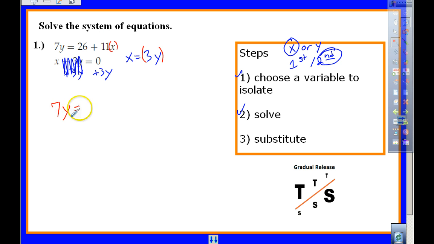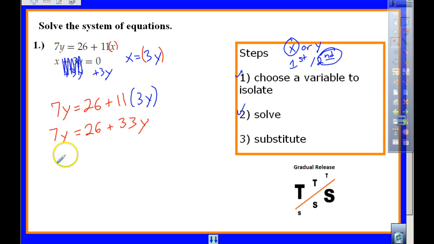7y plus 26 plus 11 times x, which is x is equal to 3y. Finish it up. So let's see here. Subtract 33y. Let's move it over here. Seven minus 33